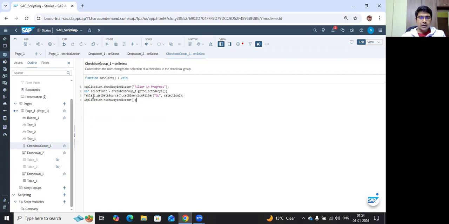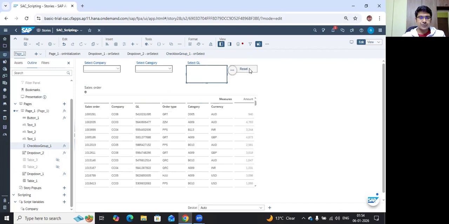And then you apply the filter on table 1 by using set dimension filter, giving the name of the dimension and the selection. Okay. Now this is pretty much it. And then the reset button, you need to go to the button and there is an event called on click. When you click on that